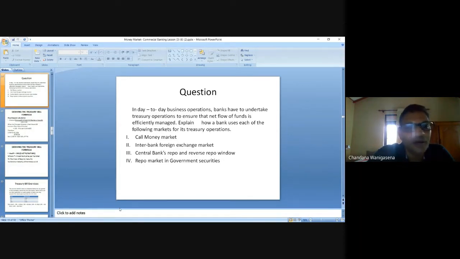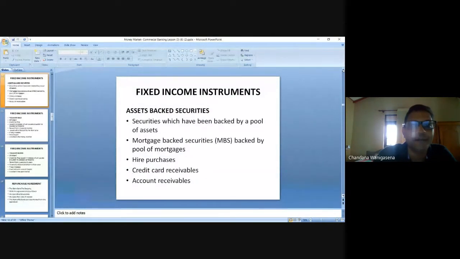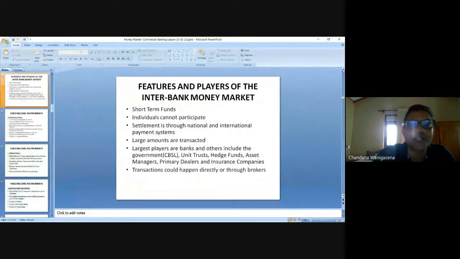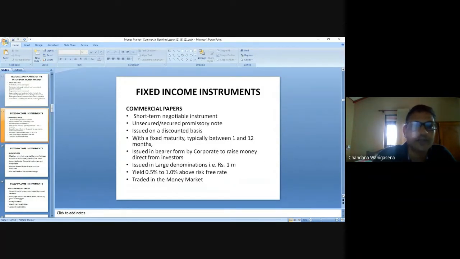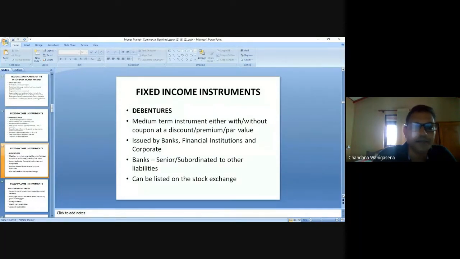So call money first. Call money is also what we call the interbank money market. This is a short-term arrangement. A bank can go to the interbank money market if there is any shortage. They can fulfill their short-term liquidity issues. Settlement should take place within a very short time period, so they have to pay a relatively higher interest rate.